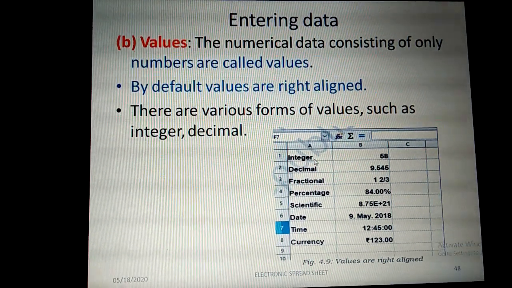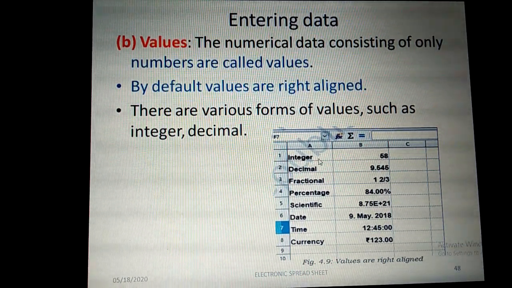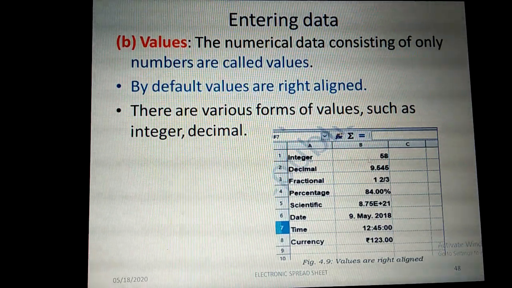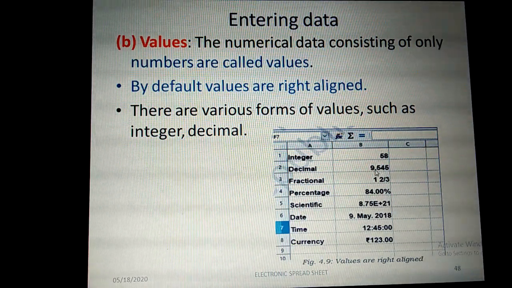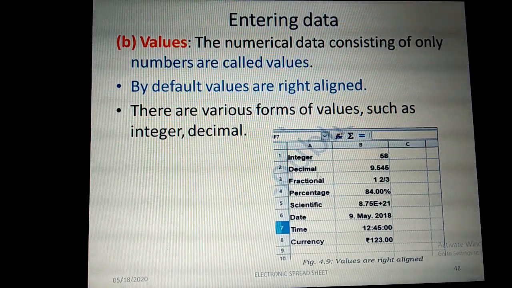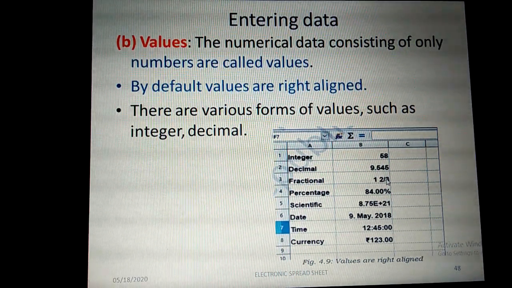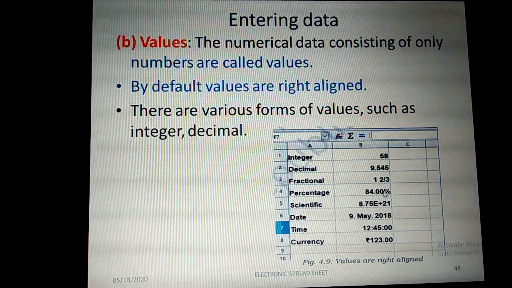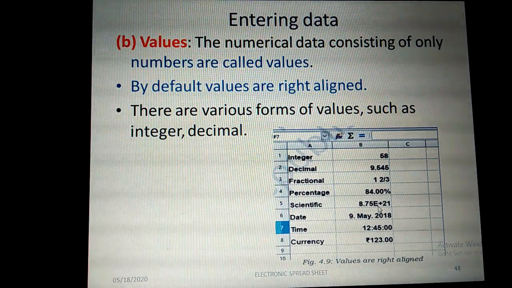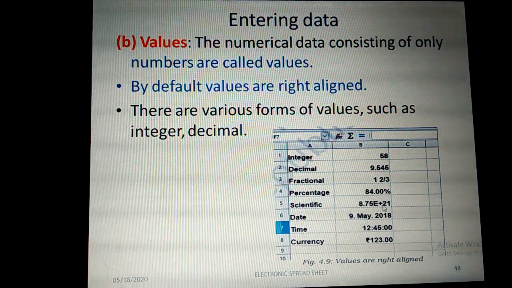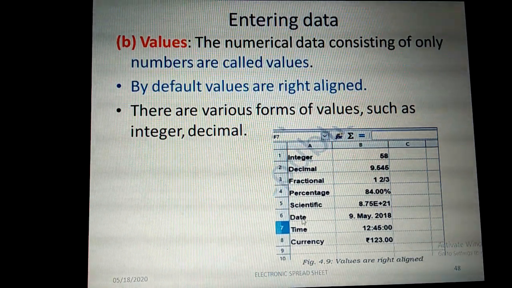So the value can be in the following formats: integer, for example 58; decimal, which has a decimal point in between the number; fraction, which has a division symbol; percentage, with a percentage symbol with the number; scientific, which always has e plus, the exponent plus or minus; then date.